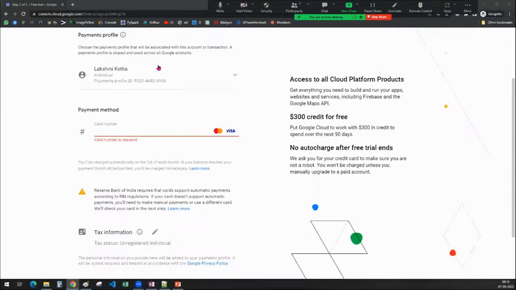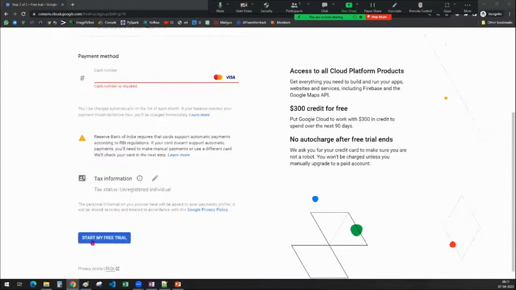No, it's not working. So you try to create an account, but this is how, sir. Let me tell you the process, guys. Hope you guys can see my screen. So you enter your credit card number. Once the credit card or debit card number is entered, you provide your CVV and all of those things, and you click on start my free trial.